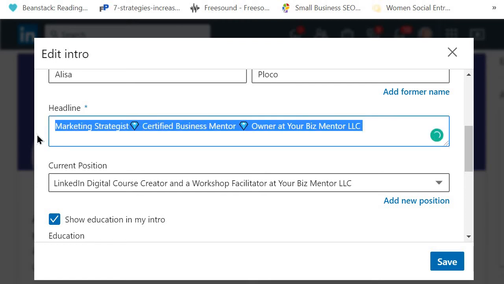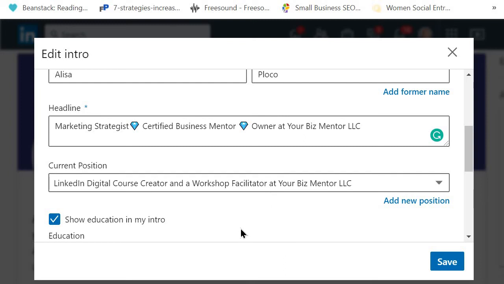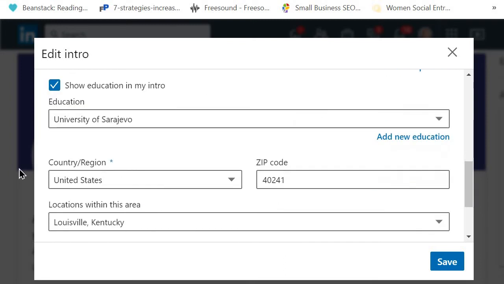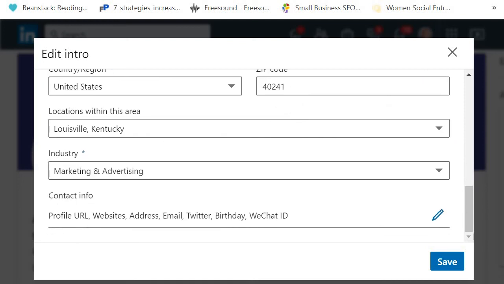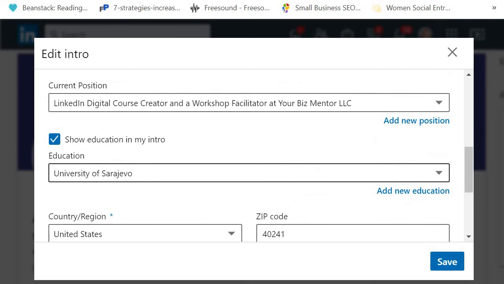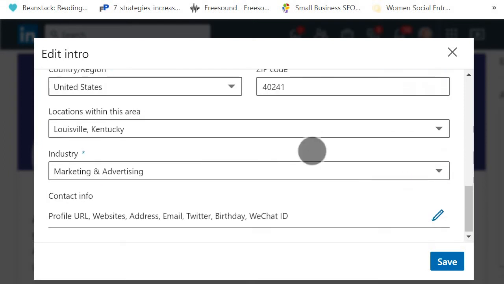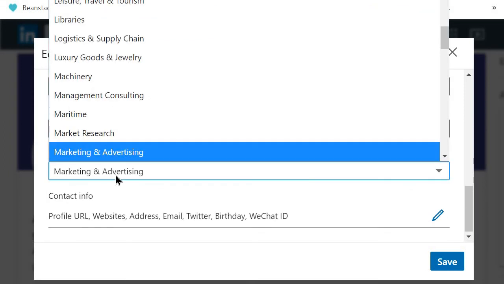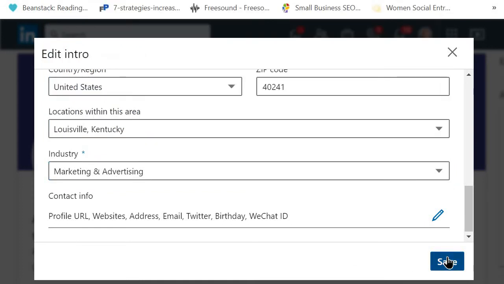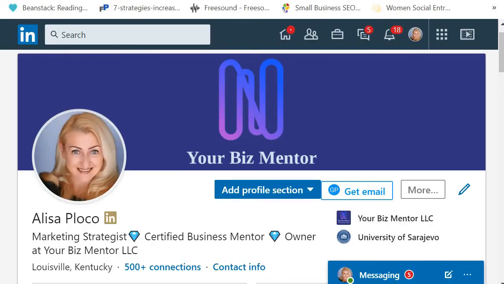Simply select it, delete it, and then type another one. And you'll be able to change your location here as well, and also your industry. After you change it, you just click on save and it's done.